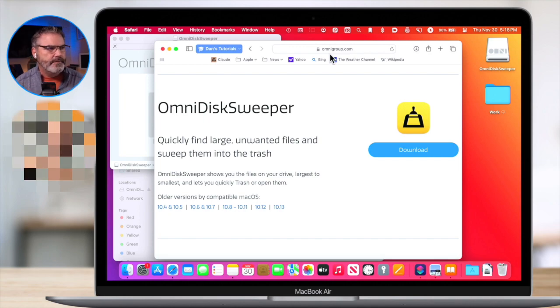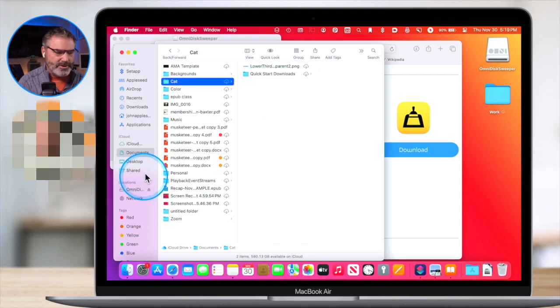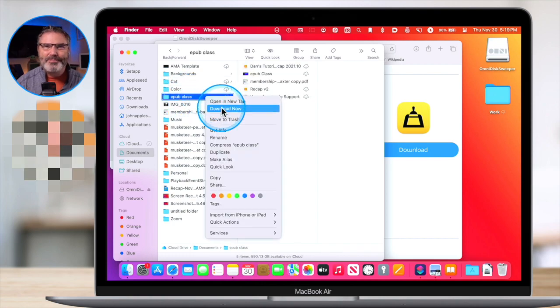If everything resides in the cloud, which we know it does, if I take my laptop and go down to a park bench and do a little bit of work where I'm not hooked up to a network, when I arrive back home or go somewhere else where I can sign on to Wi-Fi, do these files automatically go up to the iCloud as long as I have it turned on? Correct. Yes. You just make sure that you have them. If you know you're going to be working on something, let's say I'm going to be working on this EPUB class, make sure you go and download these before you go to that park bench and work on it. But after that, yes, it'll go and upload them.